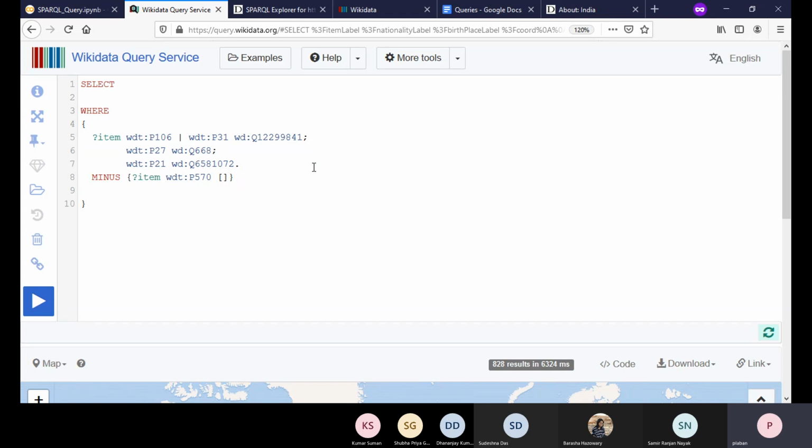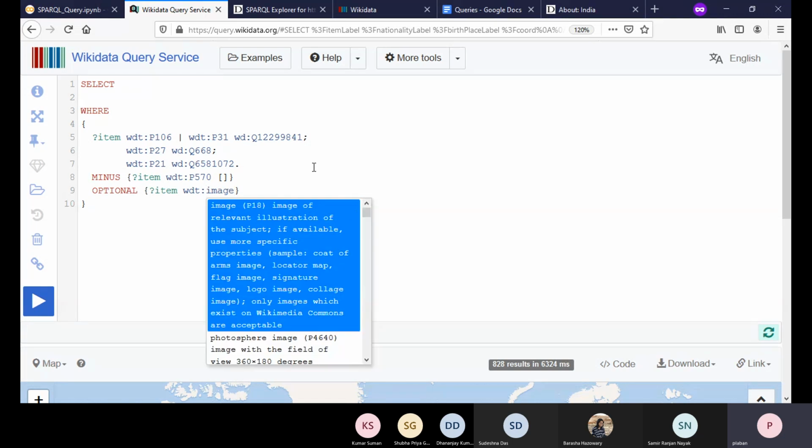Now, optionally, we have used optional graph pattern, right? So here I'm trying to demonstrate the case of optional graph pattern. Along with that, if the image of that particular person is available, I want that as output as well. So I'm just saying item, say WDT, say image, control space image.